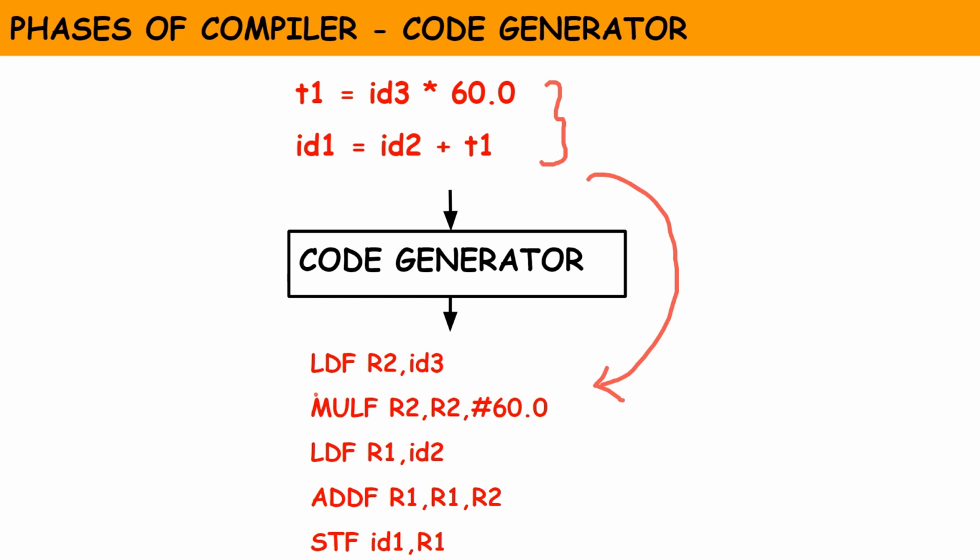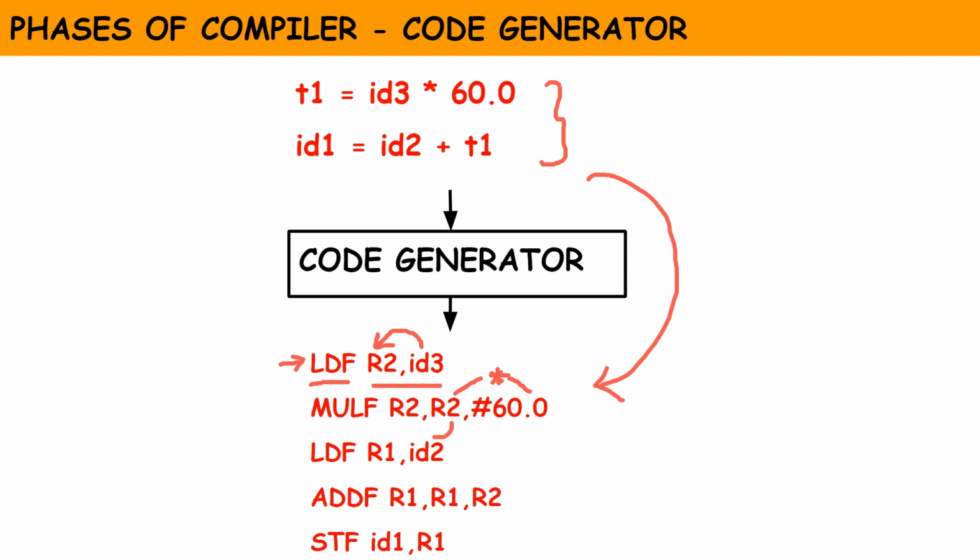LDF R2, id3, where LDF is the operation to be performed on the operands R2 and id3. What happens here is, this is a load instruction, F stands for floating point values. So we are working with floating point values. So it is LDF. So whatever is there in id3 will be transferred to the register R2. The next instruction is MULF, which means multiplication operation, working with floating point values. So we have F. It multiplies the value 60 with the value in the register R2, and stores the result back